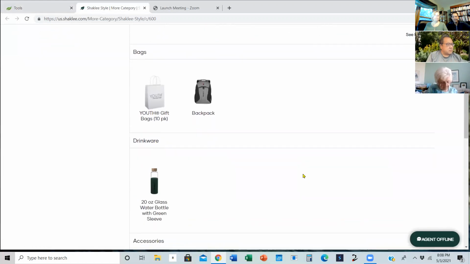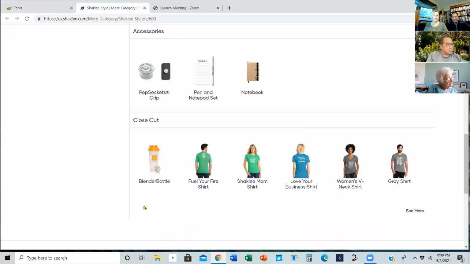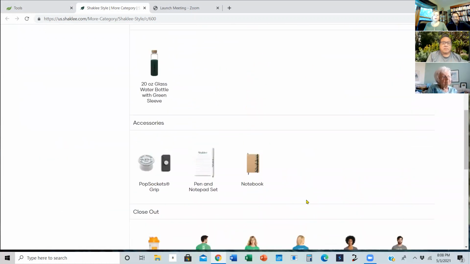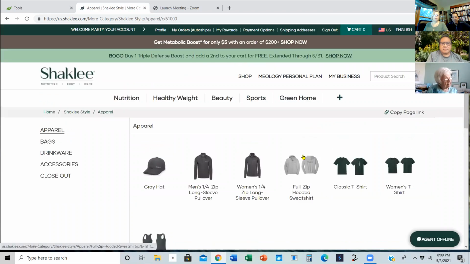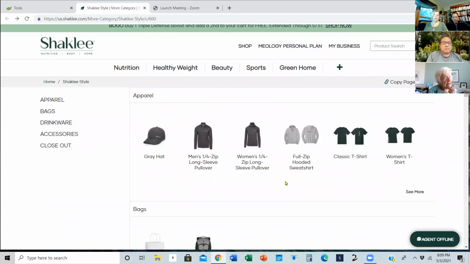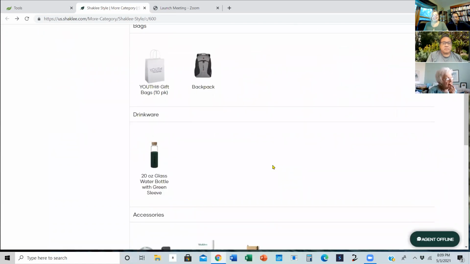It's just something we've done. Not very often. I love my Shaklee shaker. They don't have it anymore. Uh-oh. Our Yeti. We bought the white thermos that says Shaklee, but it works like a Yeti. Well, so here, go scroll down. No, this is where it would be. Well, it's not going to be under apparel. I know. So drinkware. Drinkware. Well, that's it. Okay. And we've got that right there.